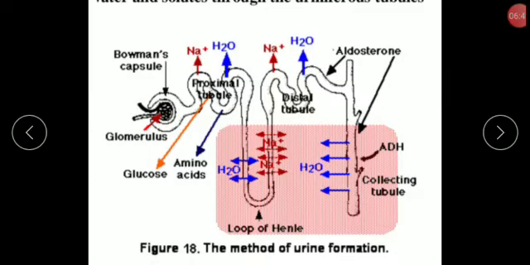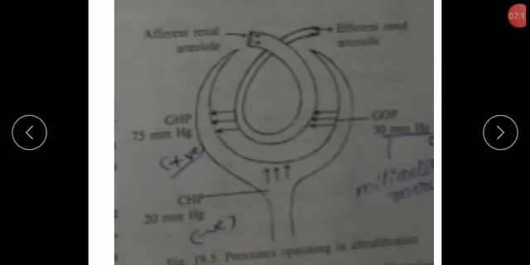So this is concerned with the first one, that is the Malpighian tubule, which is involved with glomerular filtration, or ultrafiltration, which is carried out in the first part of the nephron. Let us go to the next one, where tubular reabsorption is carried out in the PCT, Henle's loop, DCT as well as CT. Only the useful substances are reabsorbed in the remaining part of the nephron. So let us begin with the second one.